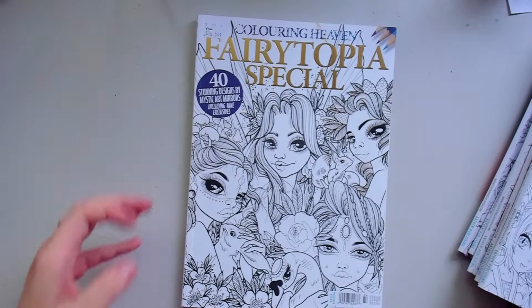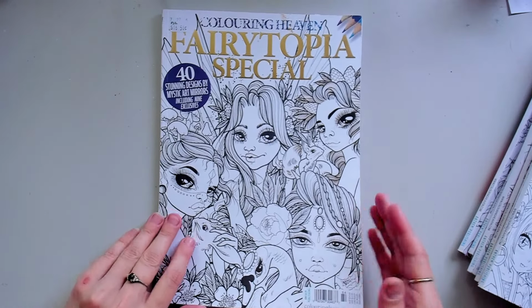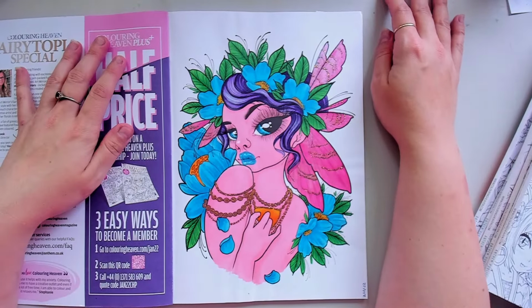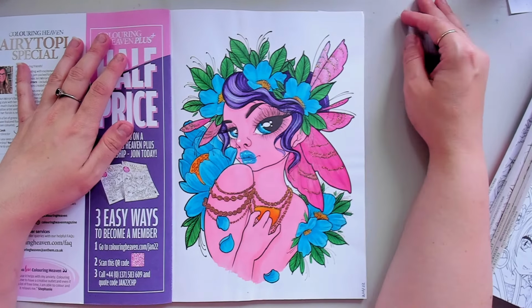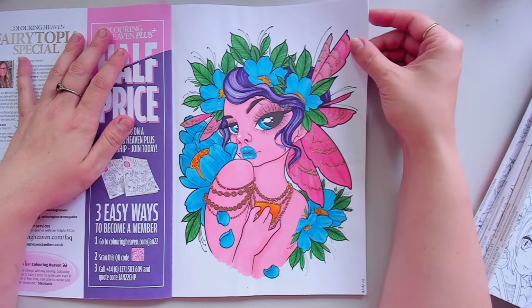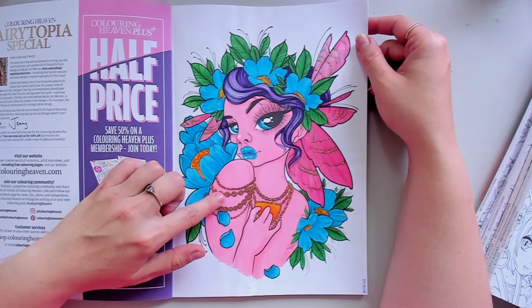And then I have the Very Topia Special with designs by Mystic Art Mirrors. This is another one that I used to colour when I was studying, because I could do heaps and heaps of essay typing and then stop and pull out some markers and quickly colour for a little bit and take a bit of a mental health break, and then go back to typing up essays afterwards. So this one uses alcohol markers, stickles for all the glitter,